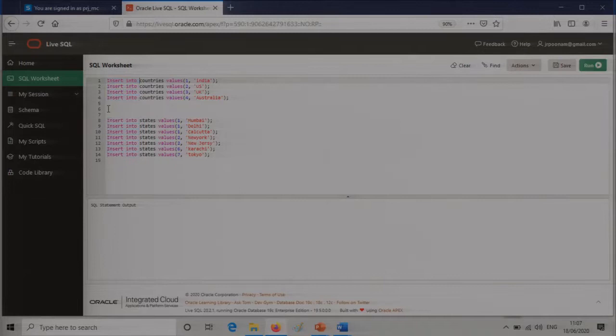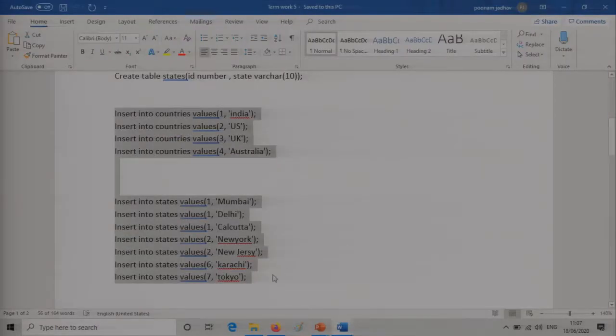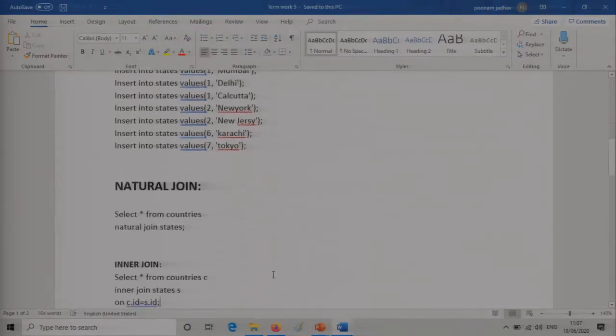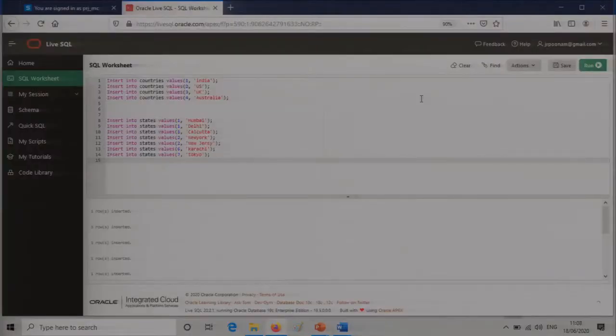So these 4 commands are for the countries table, and these couple of commands are for the states table. So I will just run them. All rows have been inserted.